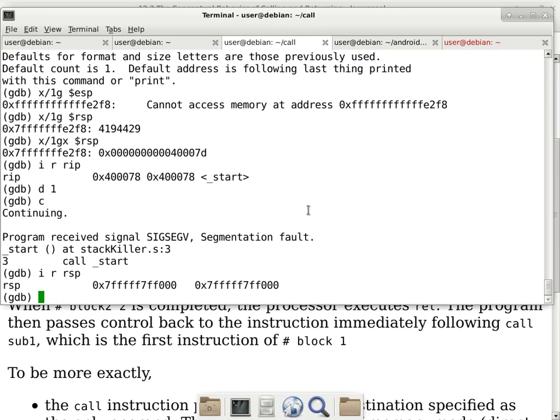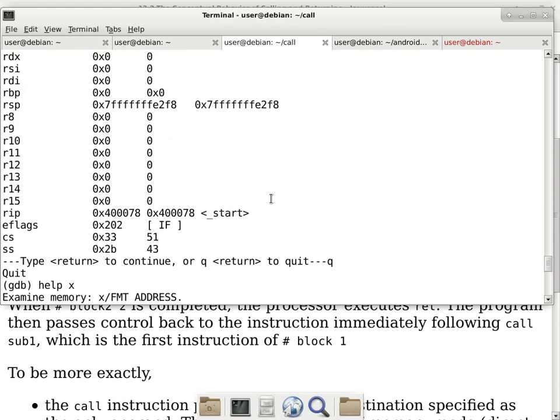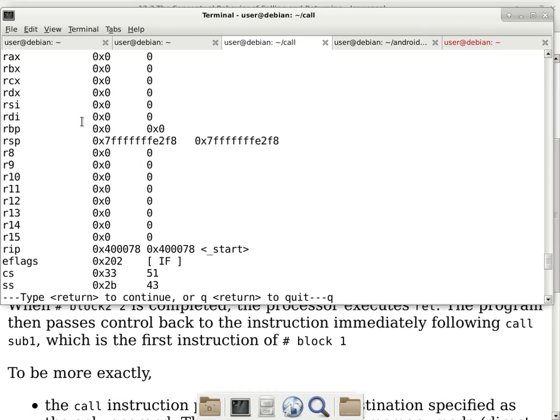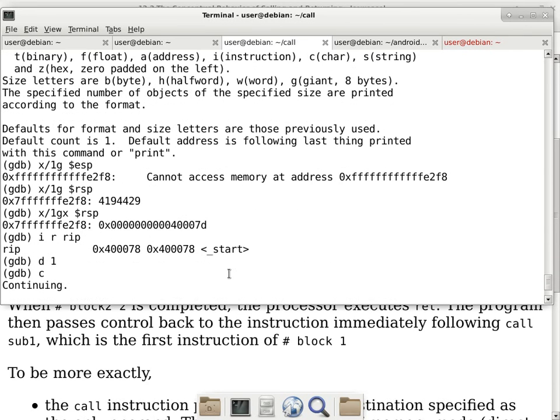In RSP, we look at the stack pointer to see how much it has changed. The stack pointer used to be here, which is 7F, FF, FF, E2, F8. And now it is